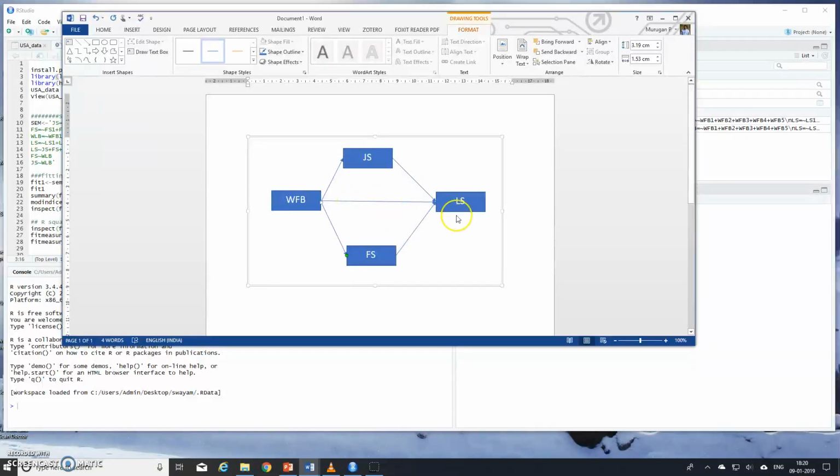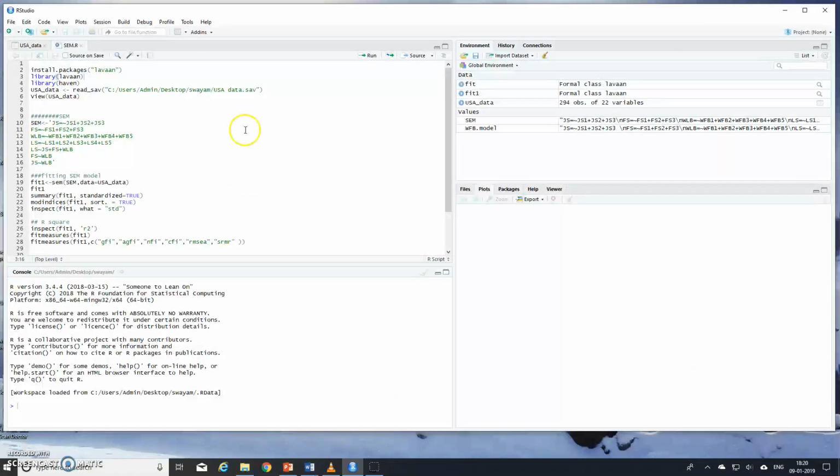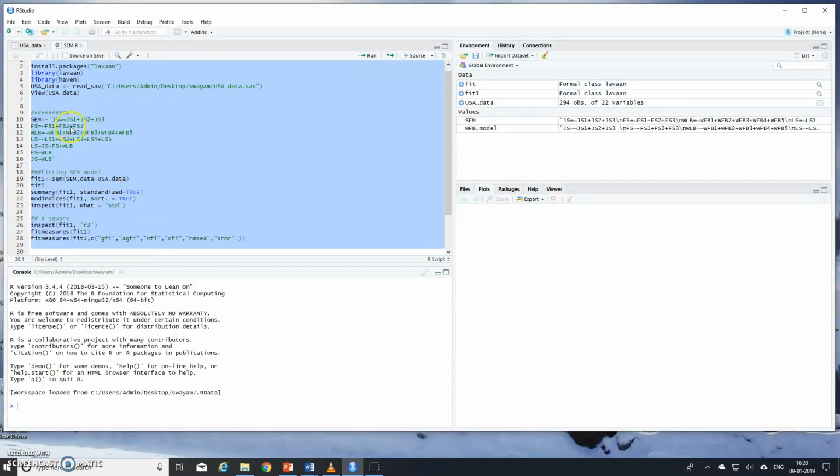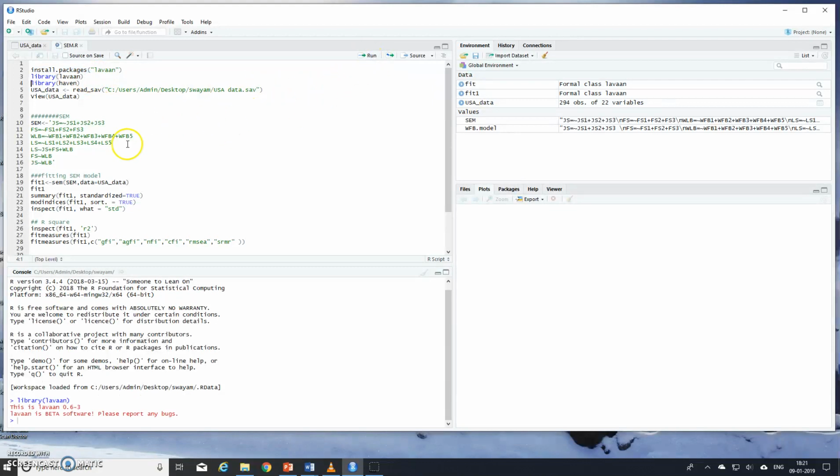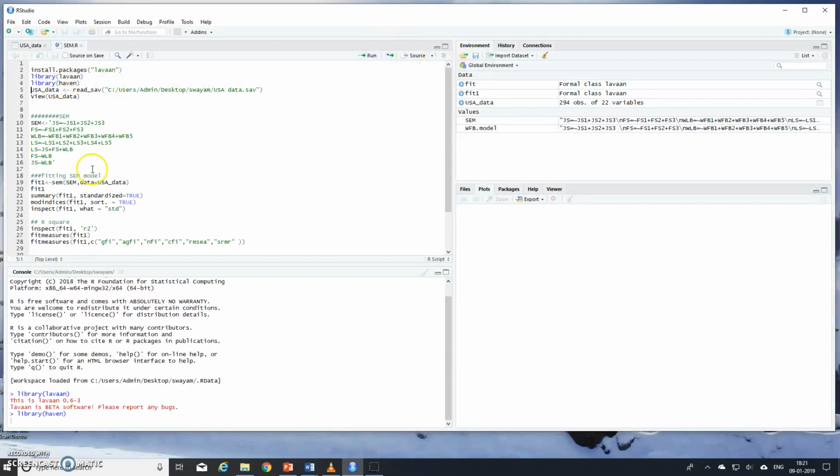Now I'll show you how to perform the analysis using RStudio software with the lavaan package. If you open the RStudio software, you will get this window. So in the command window, you need to install the lavaan package. I have already explained this process in the CFA analysis. So now after the installation of the lavaan package, activate your lavaan library and then activate your other library.